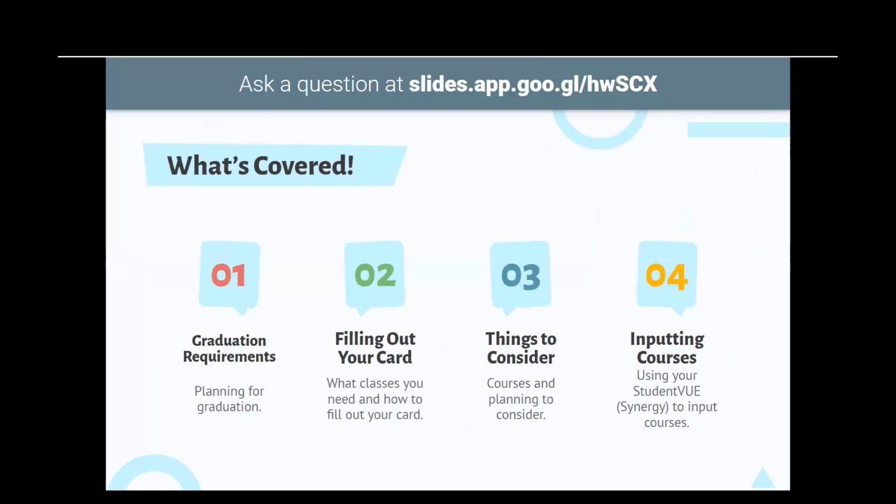Okay, so what are we covering today? In the presentation, we are going to cover graduation requirements. That's going to be throughout the presentation. We're going to talk about how to fill out that scheduling card. As you know, last year you had a physical card. This year, of course, with COVID and being virtual, we have created a virtual card that you will fill out. That card will be found in your Google Classroom under scheduling. So you will fill out that card and eventually turn it in after you have actually inputted your classes into your student view. We're going to talk about some course planning,